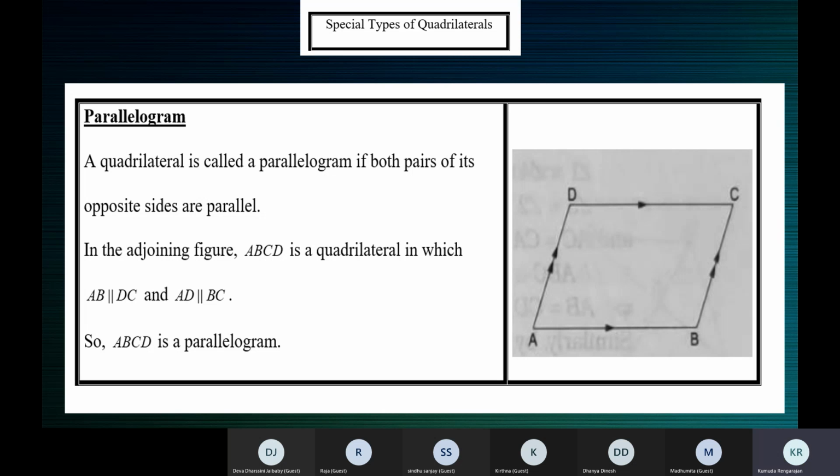Which are the remaining two angles? Angle A and C, ma'am. Now, these two angles will be adjacent to B. They will not be opposite. In a quadrilateral, for one angle, there will be only one opposite angle. The remaining two angles will be adjacent angles. So if you take C, the opposite angle is A. Angle A and angle C are opposite angles.